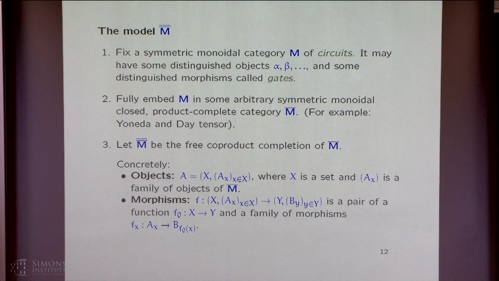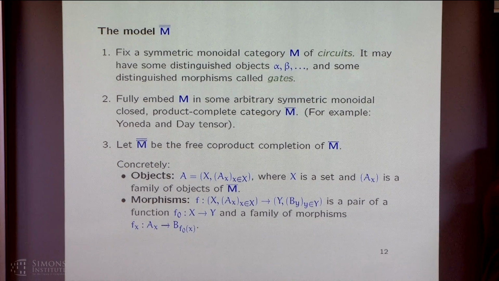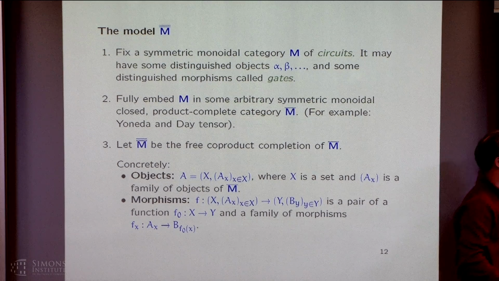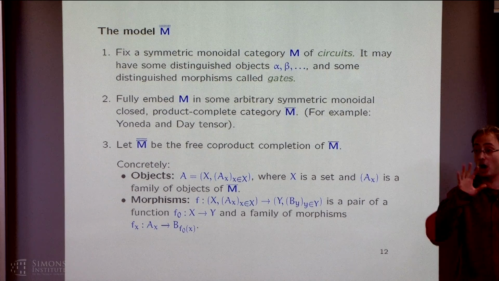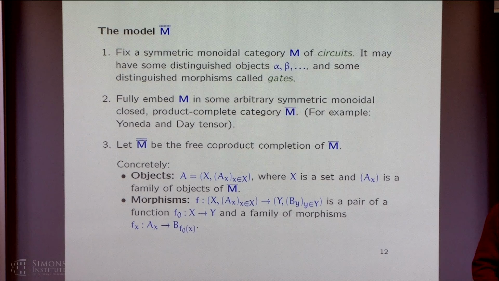So the set X is this, but rather than saying that over each element of X we have a fiber that's a set, we're saying over each X we have a fiber that's an object of the category M bar. The fibers are objects of M bar. And then the morphisms are the appropriate thing. So the picture is the same, right?